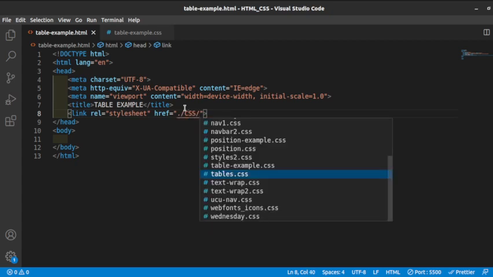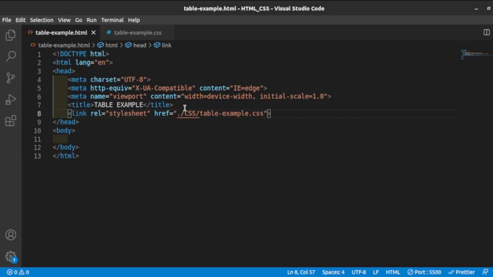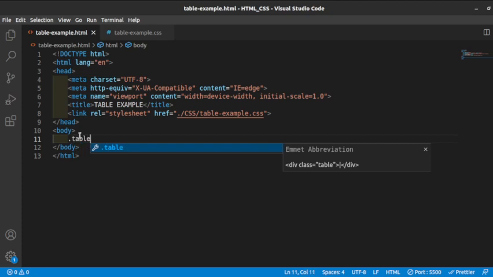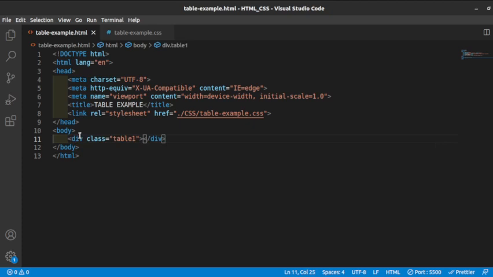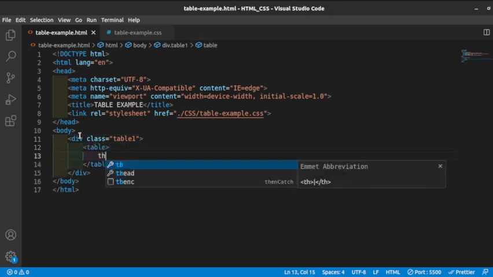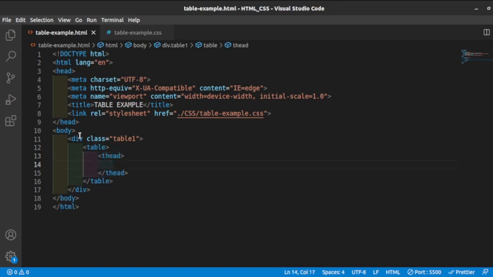How do we apply that which we have studied over time in tables? So we can create a class here. We can call this table 1, no problem. Whatever you want to call it is okay. Then we can say table, then we say table head, and then we can say tr. Under this tr we can have a th, and then we could create some